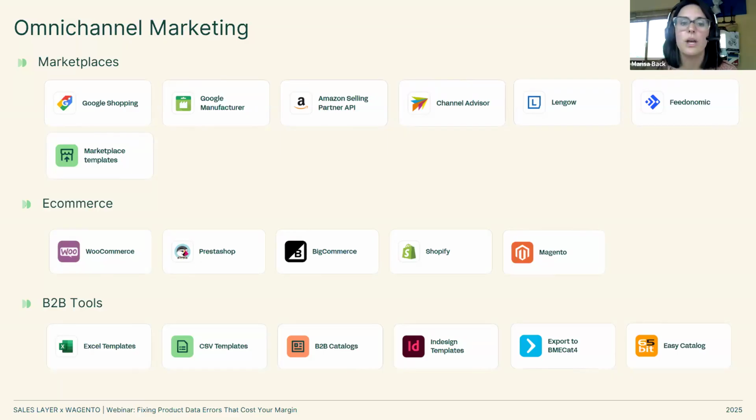You only have to do the mapping once, and then you already have that template, for maybe a Walmart site, or distributor A, distributor B, right? The B2B catalog is the instant catalog that we talked about before. And like I mentioned, print and digital catalogs are important, which is why we have InDesign and Easy Catalog also. So these are the out-of-the-box connectors that we've got within our PIM.